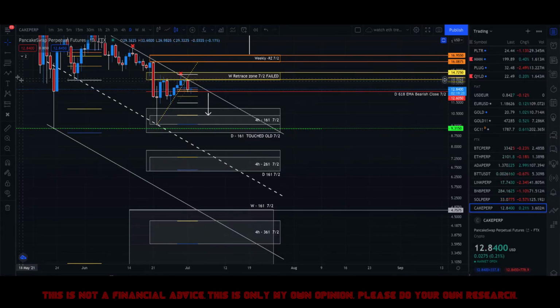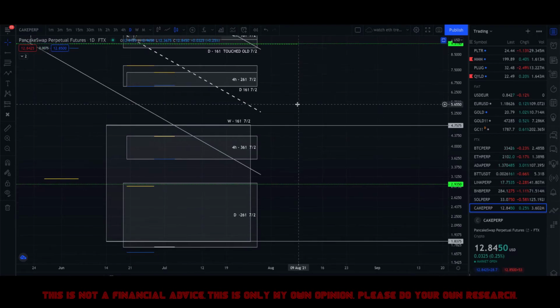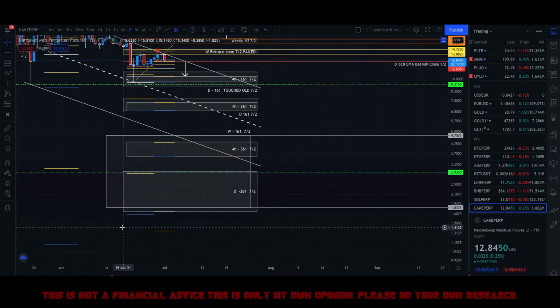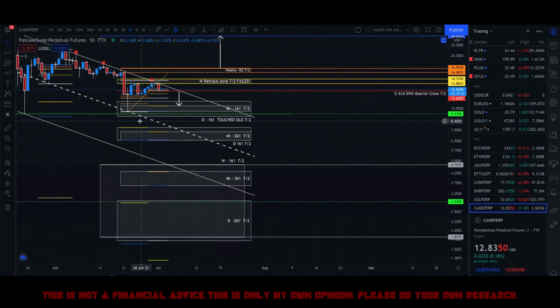Okay, at the same time, we have this move that happened here as well, right? That would be the 161 on the daily time frame, the 161 of this move right here. And the 261 extension of this move as well. If you look, you can see that the 261 and the 361 extension zone, both of them fall inside the weekly 161 box that we just created a minute ago. Okay, so